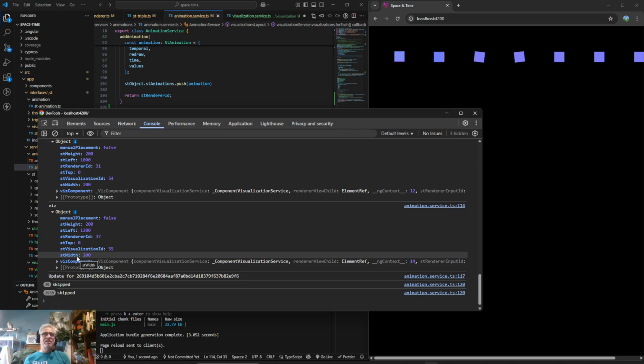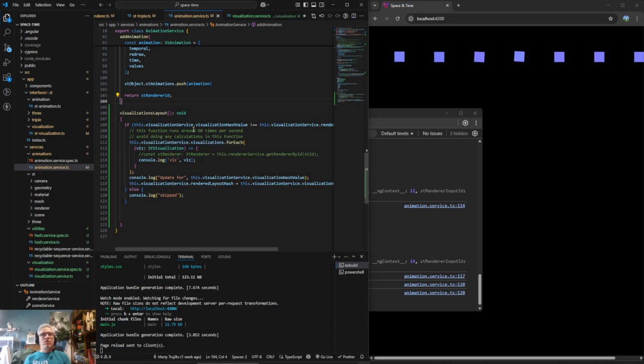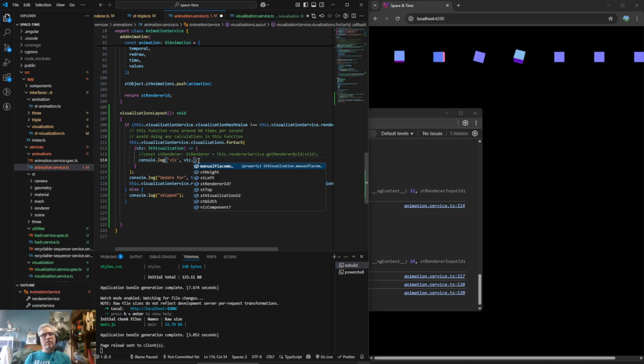This is a perfect example of where in the previous Scrum, the previous time around, I was just looping over IDs because I thought that's what I needed. But now I redid everything, so now I have the actual visualizations. So now I have to remember, okay, now I'm here. I have everything I need. So let's see if we get our viz component.